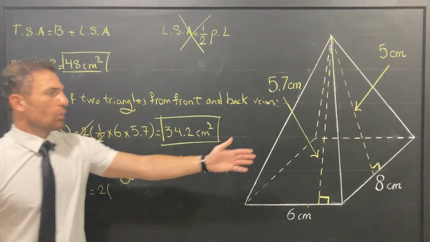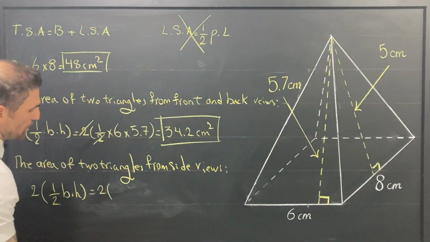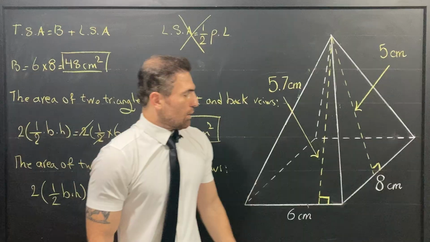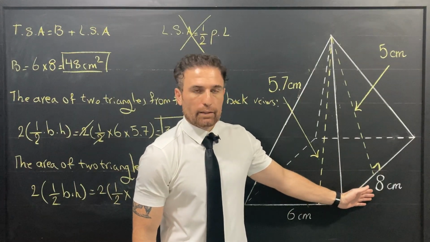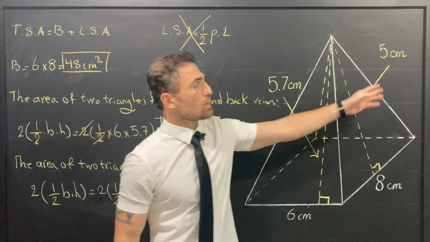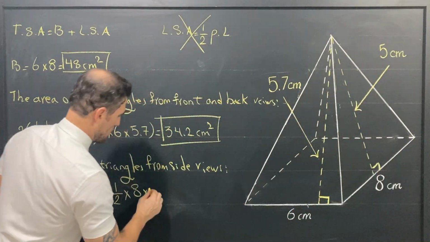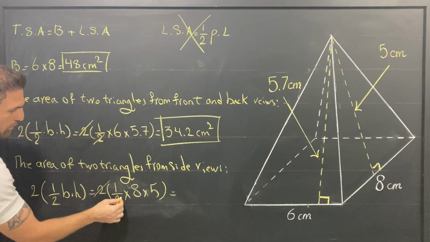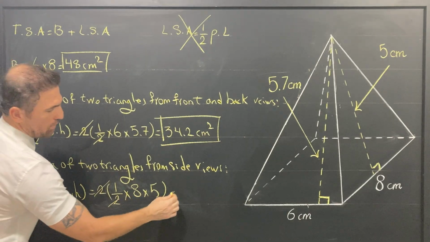Let's plug the information in our formula. The length of the base is 8. Height is 5. These two cancel off. 8 times 5,